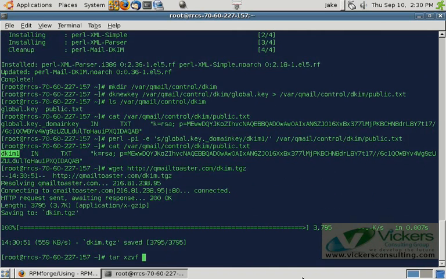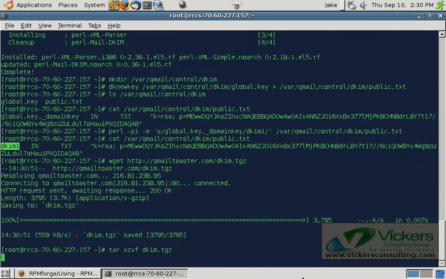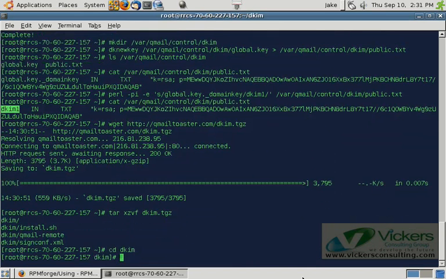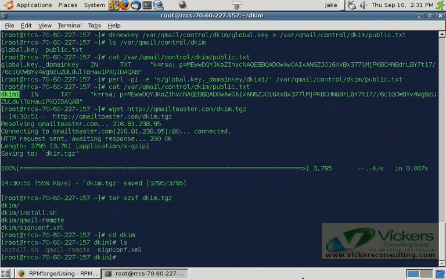Let's uncompress it, and that creates a folder called DKIM, and we'll cd into it. And there you see it's just three simple little files. The install.sh file is the actual installation script that I put together for you. If you just run that, it will do everything that we're doing in this video and make it a lot shorter. But what we need to do is move the sign-conf.xml file into our